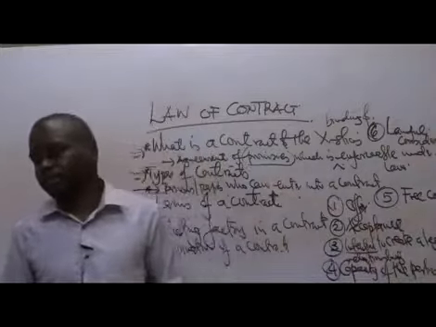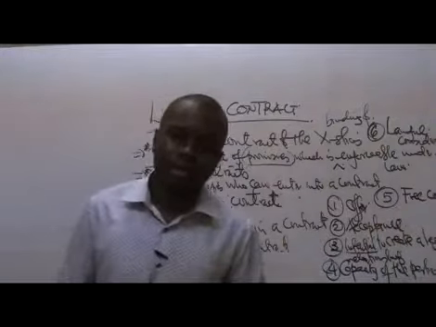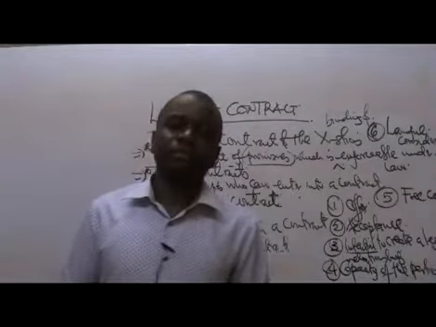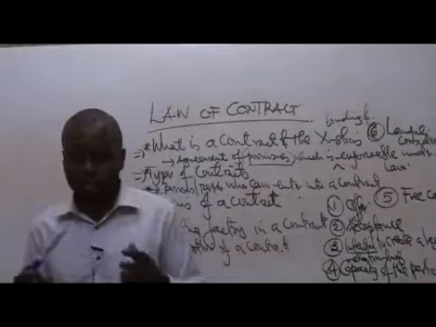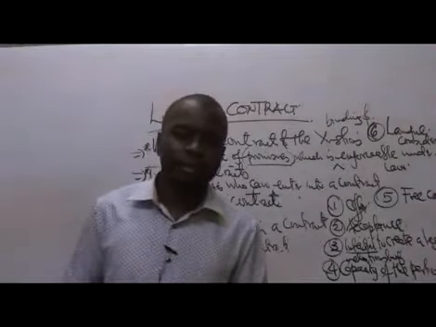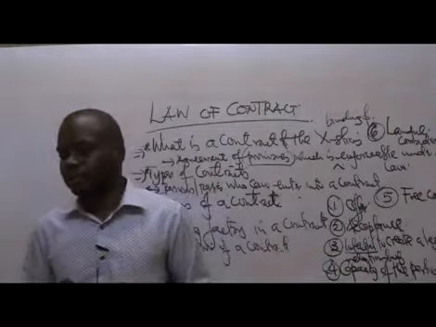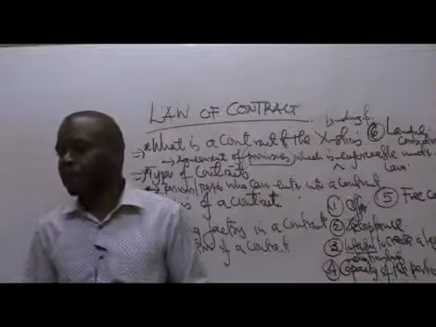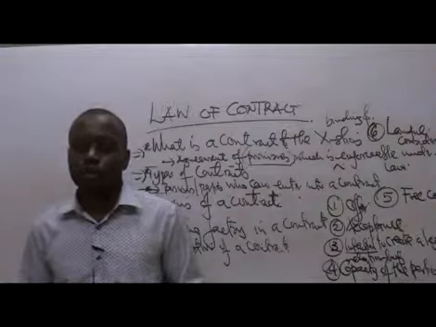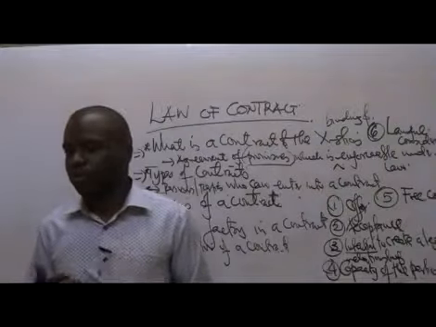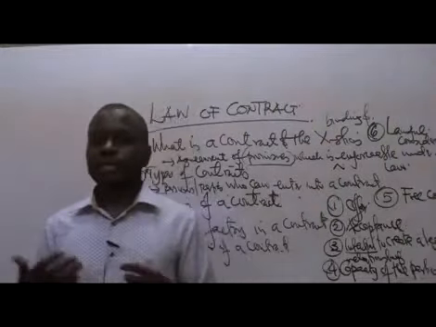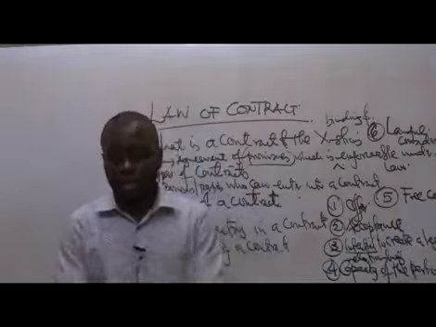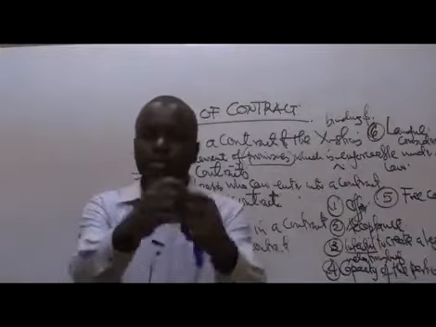So in this case, it simply means that you cannot be coerced to maybe live with someone you don't love. It simply means that when the husband and the wife are getting together, there is what we call free consent. So you cannot be forced. You as the lady, you are the one who knows what you are getting out of it. So you freely just accept. It's normally through free consent. You cannot actually be forced by any person to get married to another person.